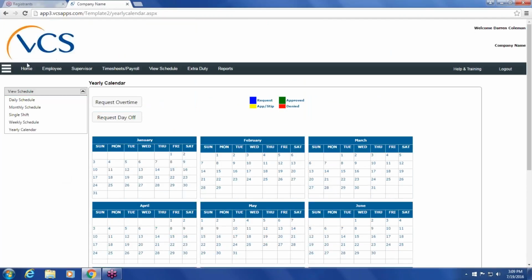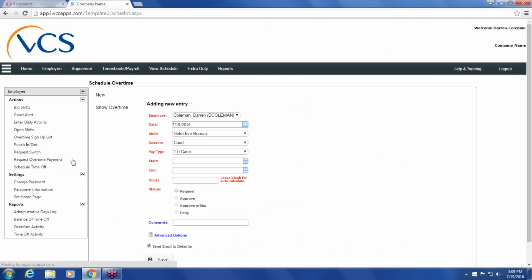Okay, so that's how an employee can go in and submit a request for overtime payment for an overtime that they may have worked. Does anybody have any questions about using that screen and submitting those requests? Okay, I don't see any questions coming through, so we'll move on to our next item,